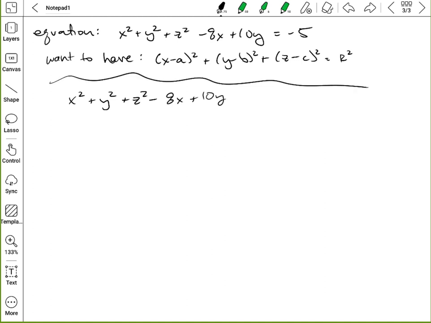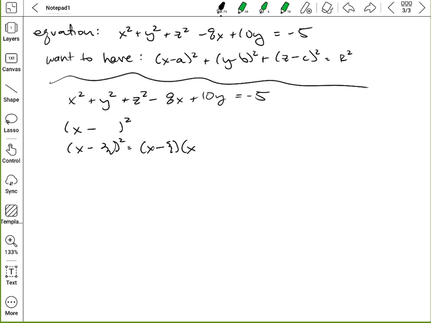So I'm going to start trying to do that right here. And you all might have learned this a different way, so if you know a clever way to do it, go ahead and do that. I'm just going to do this the way that I learned in school, and your way might be different. But I want this x squared to become something like x minus something squared. And if I start multiplying out x minus any kind of number squared, I know that I'm going to get